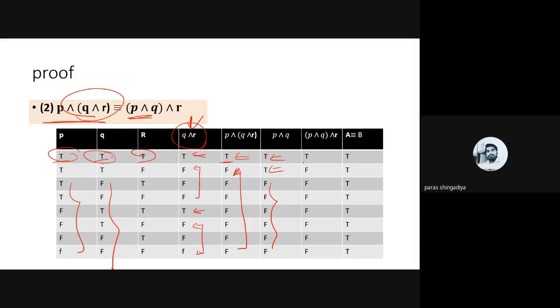And now compare P and Q and R. Compare P and Q with R. So in the first row both are T, so write down T, and then in all the remaining cases it will be false. Okay, there is no such place we have in this column P and Q and column R where both places are T. Okay, only one place we have, that is the first row, where both are T.